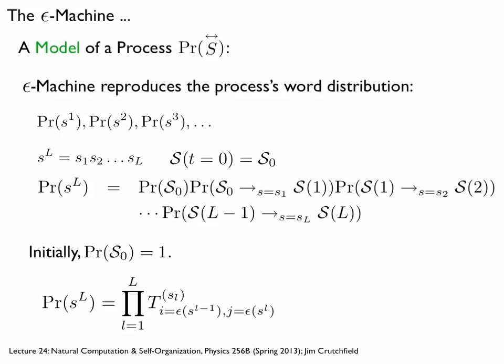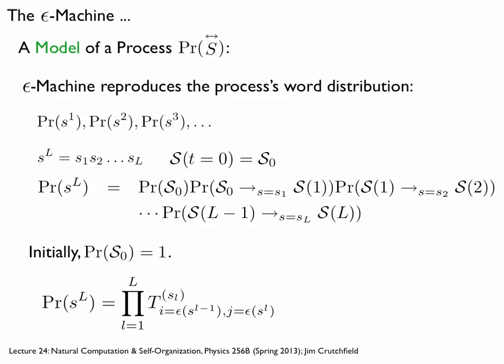So let's look at a particular word of length L. So we have a series of measurements here, length L. And the rule of using an epsilon machine is we always start in the start state. So I'm going to put unit probability in the start state. I have my epsilon machine, and I put the probability distribution all in the start state. I don't know what's going on. That unique start state is a state of ignorance about what the process is doing. And then you make a series of measurements, and a particular word takes you through a particular path in the machine. Starting with this initial distribution, well, this is trivial. This is just the delta function on the start state.